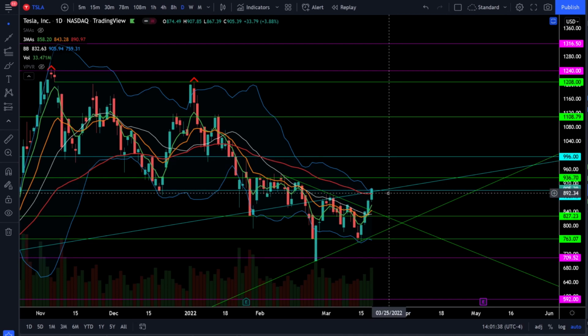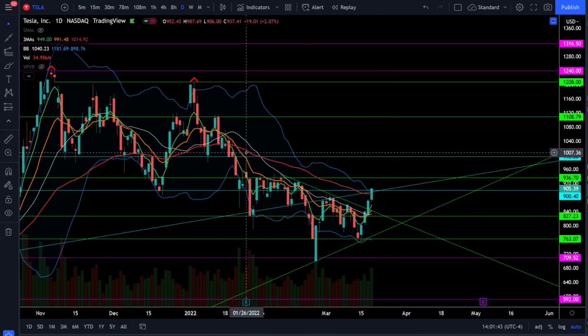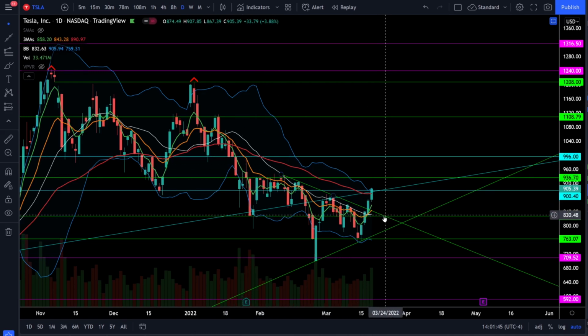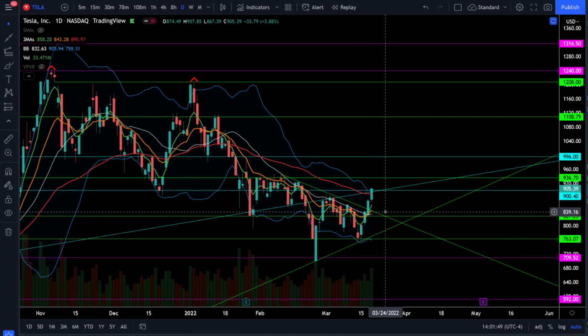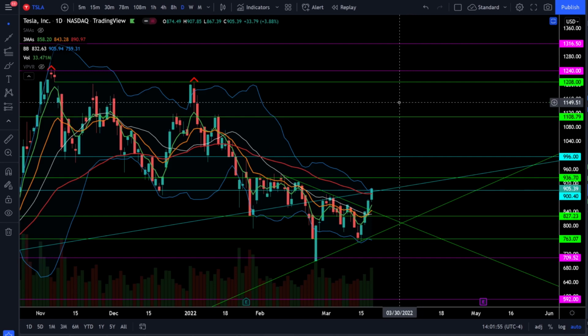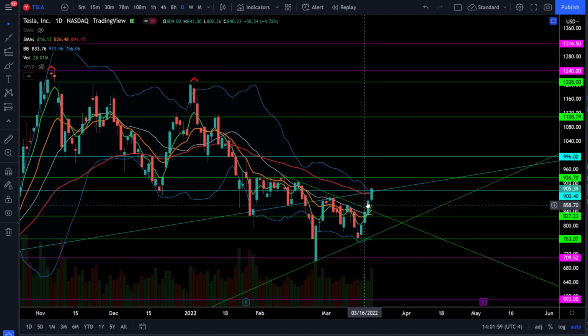From here, we need to hold above support right around the 890s all the way down to 827. And as long as Tesla can stay above 827 and prevent breaking down below the lows at 760, we should see a bull market returning to the stock, which means we could run all the way back up to about 1100. So you can see the bulls are coming back across the board, and you're starting to see it in all of these stocks. So continue to watch these low volume sell-offs, and if we hold that support, you want